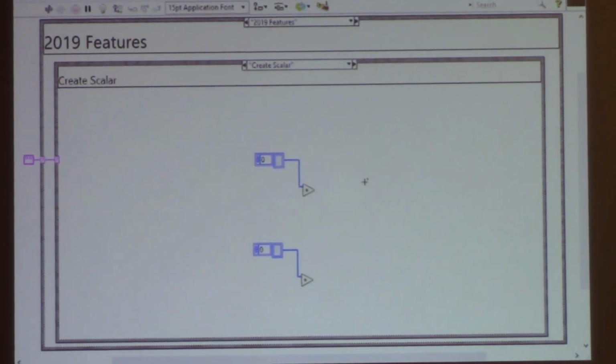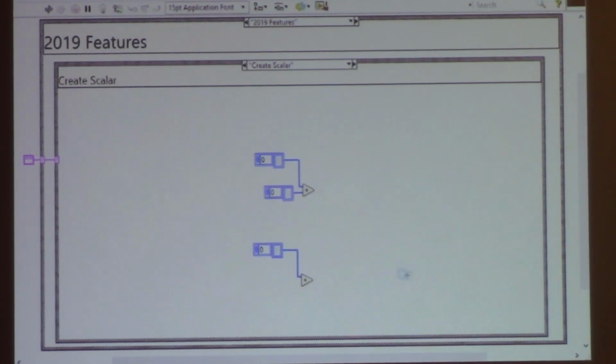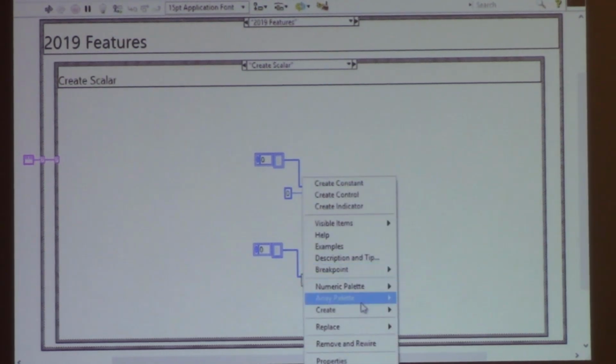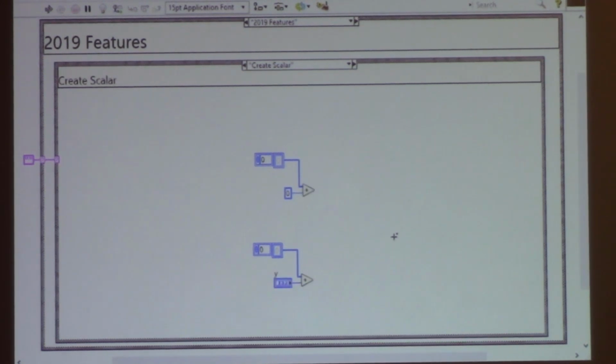All right. Another ID Exchange post, I think this one came from Christian. Right-click on an array terminal and do Create Scalar. And you can create a scalar constant or a scalar control. Because a lot of the times, like in this example that we have here on this diagram, you've got a polymorphic terminal that is adapted to the array type, but you don't want the array type, you want the scalar of that type. So,